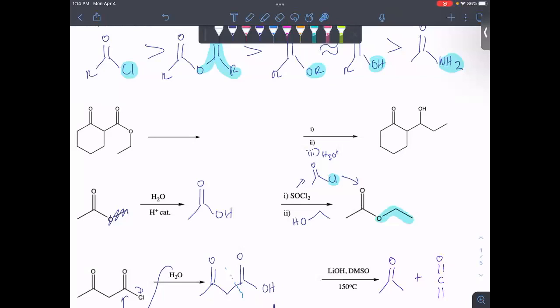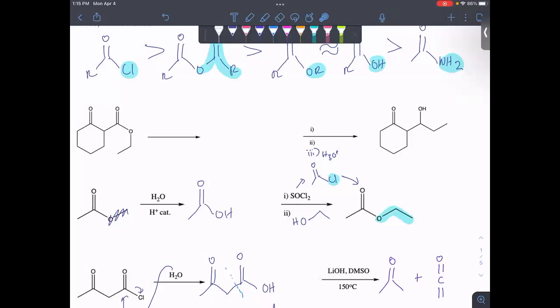I can't hear you. Yeah, final product of first step, then the second one. The first step Grignard, no. The second step is going to be the Grignard. This one, final product. No, it's not thionyl chloride, because first of all, this is an ester. I don't think thionyl chloride works on esters. Problem with ketone. Okay, so